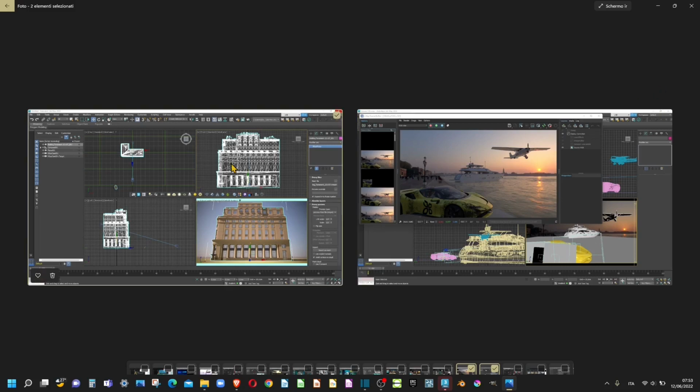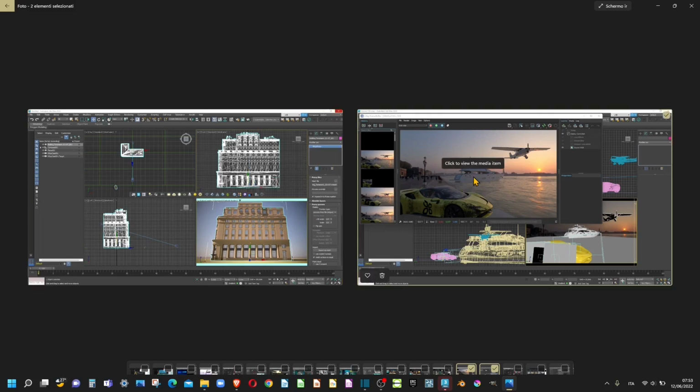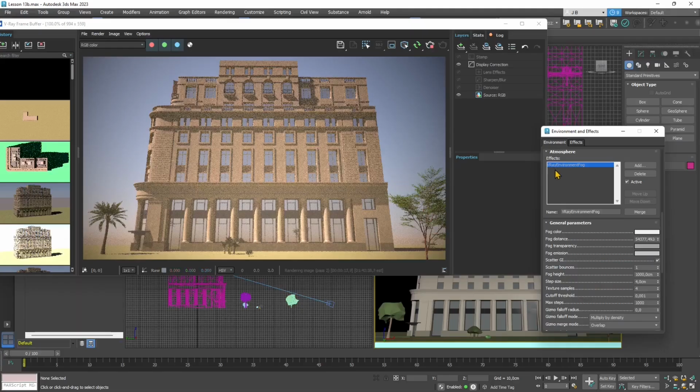So that was the simplest way we can create rendering, and then we moved forward to see more tools for the exterior part. In this video, we're going to concentrate on the interior, and we can still use previous